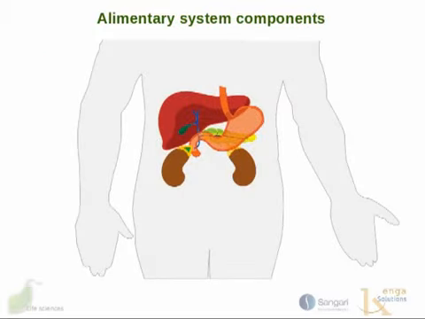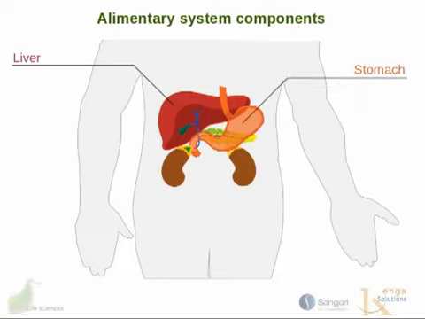The alimentary system components consist of a number of well-known organs and glands. It includes the liver, whose function includes detoxification, protein synthesis, and production of some of the chemicals necessary for digestion. The stomach also plays a role in the endocrine function. After the stomach, there's a small curved region that is actually the first section of the small intestine, and it's called the duodenum, which, not surprisingly, plays a role in the secretion of hormones involved in digestion.